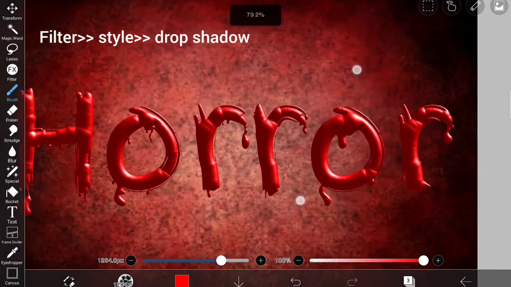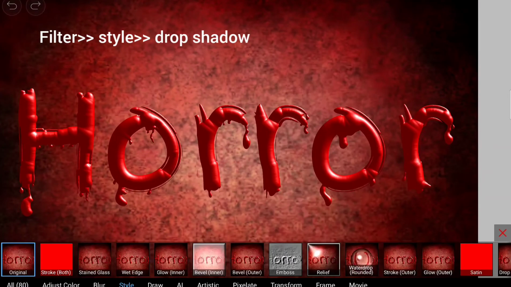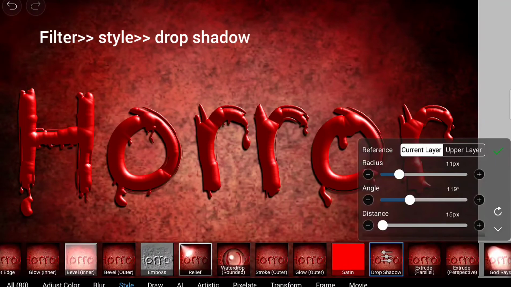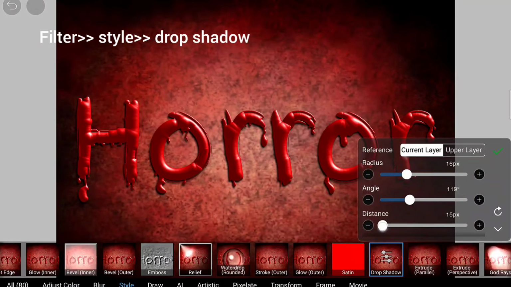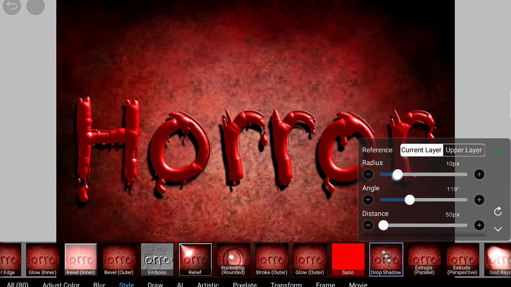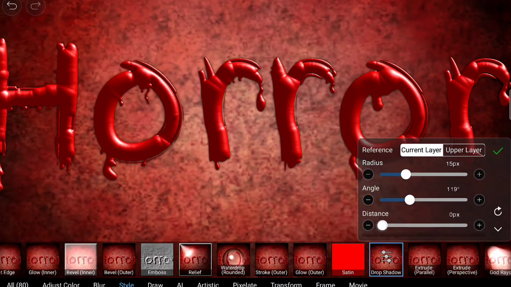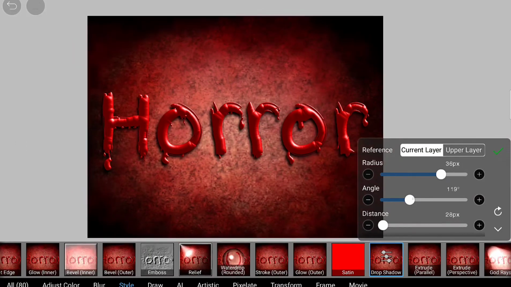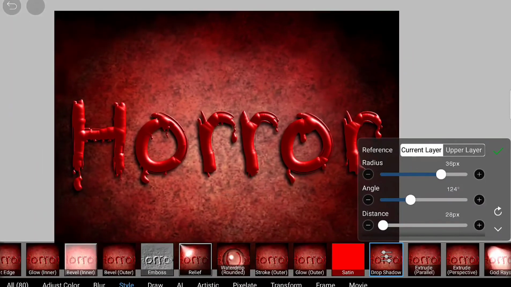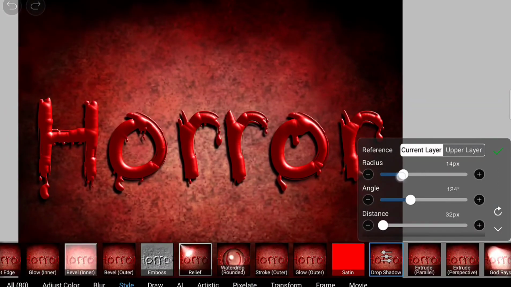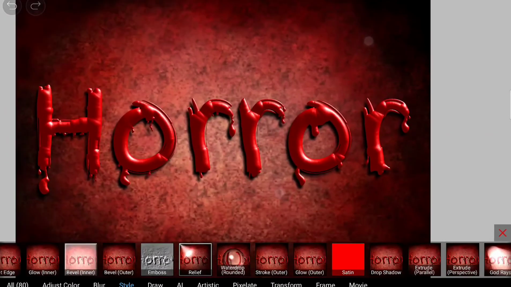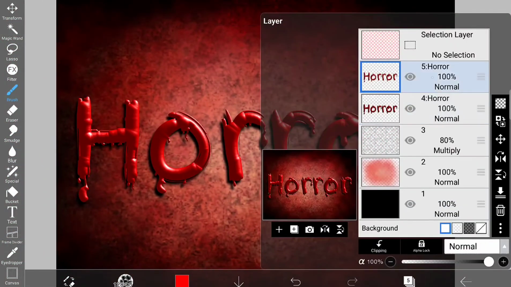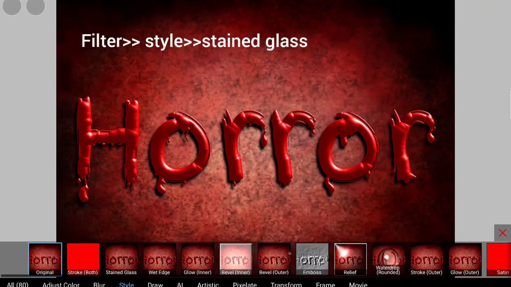Now I'm going to add a few more filters to the text layer. I'm choosing the bottom horror layer and using the drop shadow effect on this, because applying every filter to a single layer makes the text look messy. So I just duplicated the layer and performed filter operations in a different layer. For the drop shadow effect, I have chosen the bottom text layer, and now I'm going to use the top text layer to add